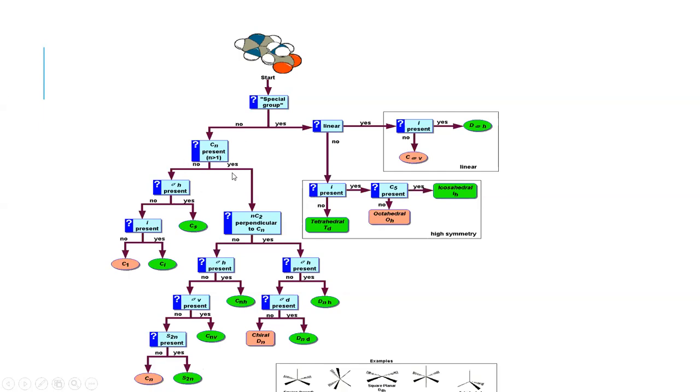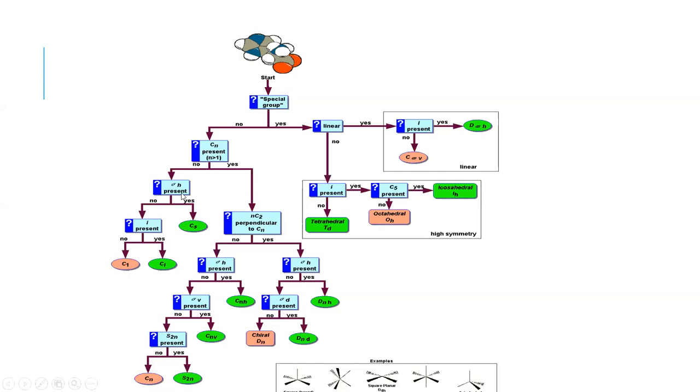In case you don't have any axis of symmetry, any principal axis of symmetry, then you have to ask if at least the molecule has a sigma plane. Sigma H is not a question here, because only if you have the axis can you decide whether it is a sigma H or a sigma V. If you want to revisit, you can see the earlier videos which explain if the plane is vertical or horizontal.